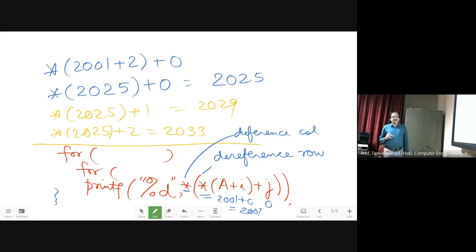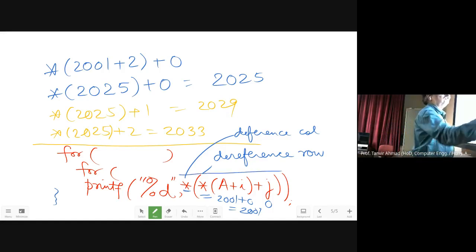Okay. Now here, instead of using this line, you can also use A of ij, that's a normal array. But just to make it clear why we are using this, because we want to use pointers everywhere. We want to use everything as a pointer only. Therefore, that's the concept.